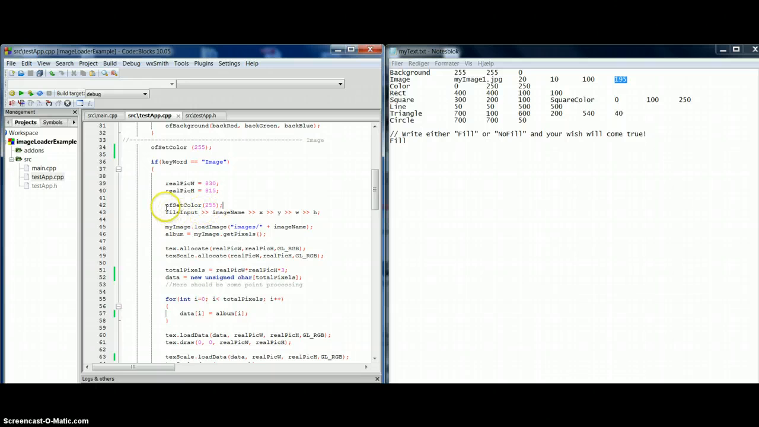And then again we set the offset color. Maybe that's not needed, but we just do it so we're sure. And we take the file input, we take the image name, as we just showed, and then we have my image, load image. We're going to load this image inside the image folder and plus it with the image name, which is my image1.jpg. And then we're going to say that the album is assigned to my image get pixels,